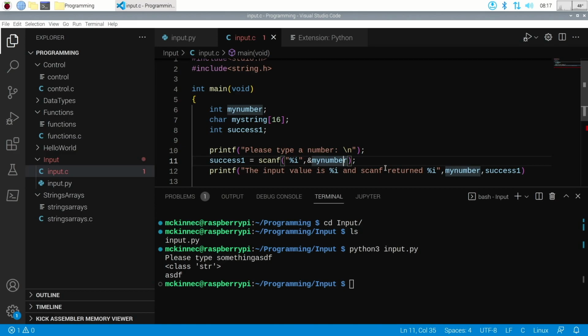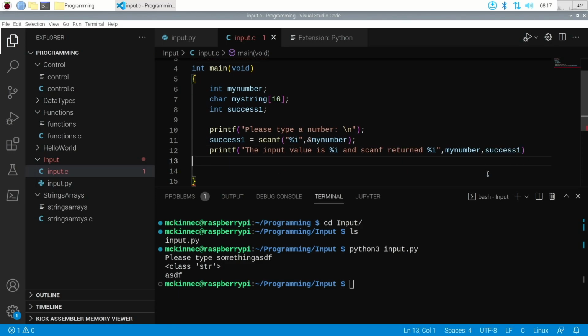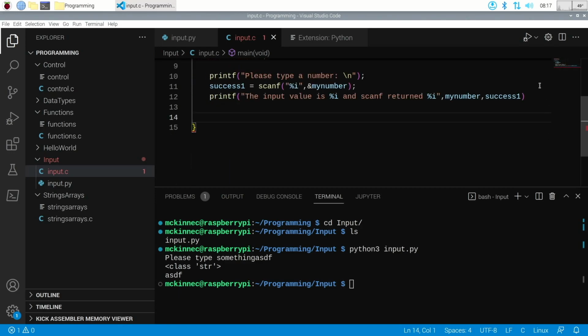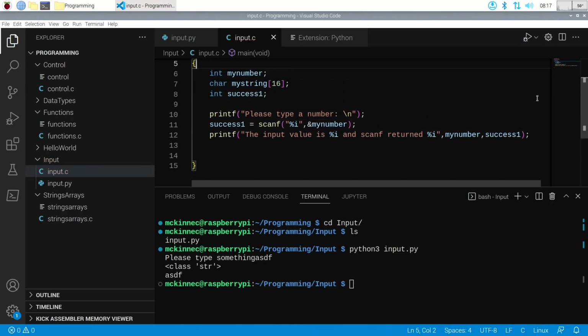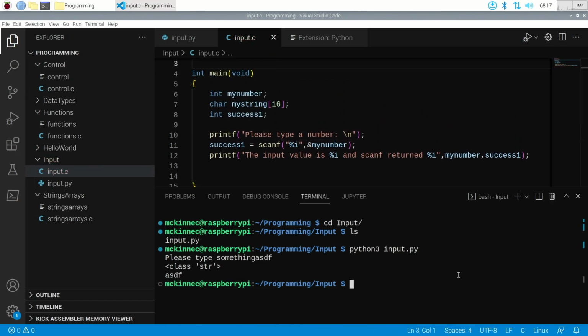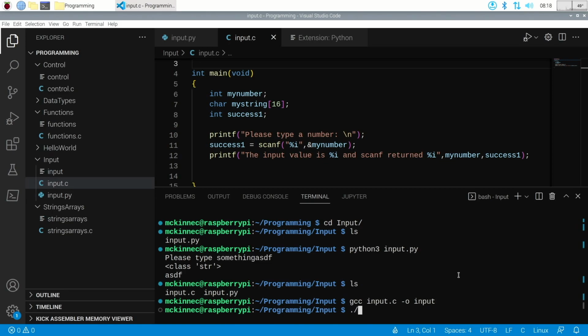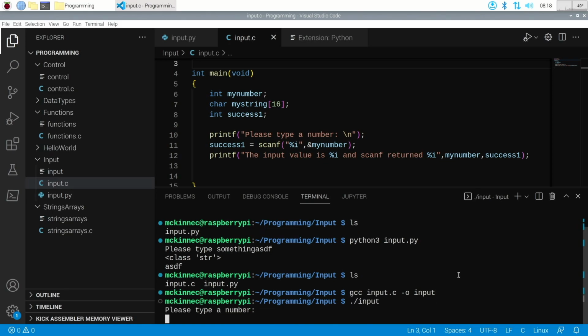All right, so let me elaborate on that in just a moment. But first off, I need a semicolon here, and that should be good. Let's compile and run this real quick. Okay, and then run it. Please type a number. It's asking me to type something, so let me type